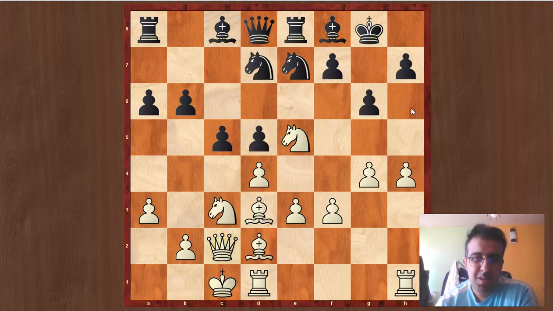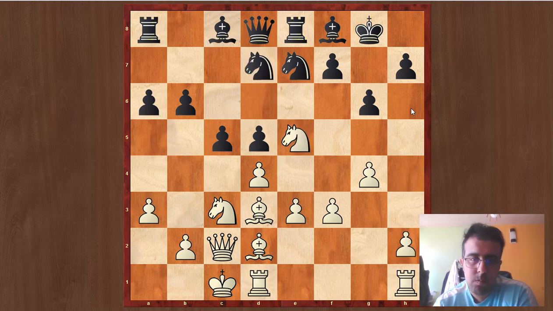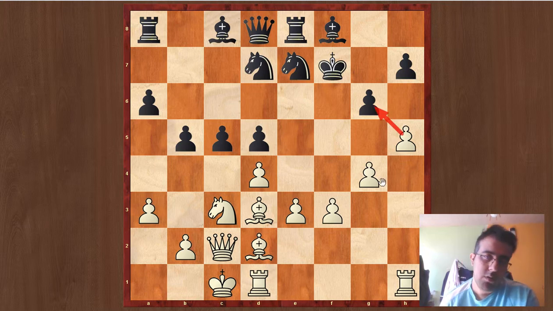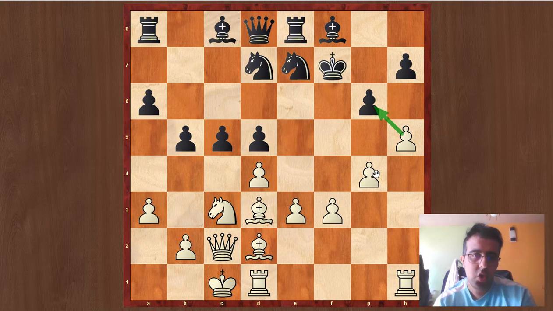But Parham actually goes for knight takes on f7, which is maybe a blunder in this position. Sorry. So knight takes on f7, king captures on f7. We have h4. After the move b5, we have h5, threatening to take the pawn on g6. After c4,